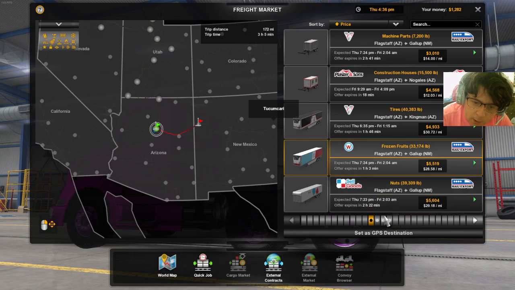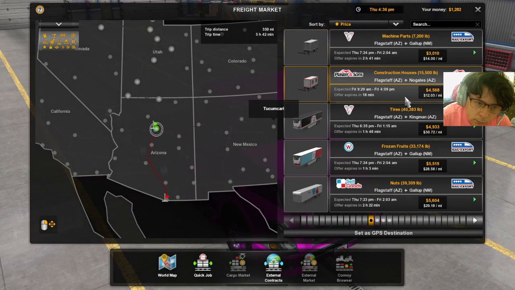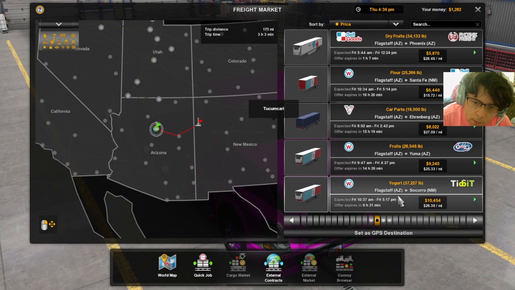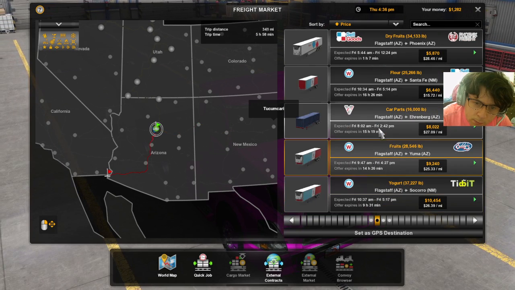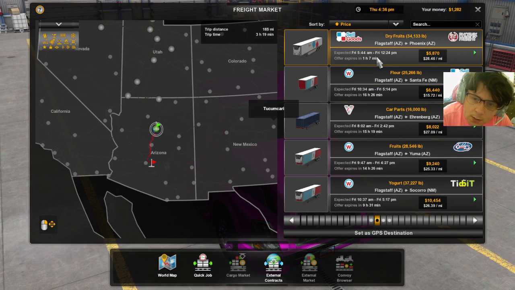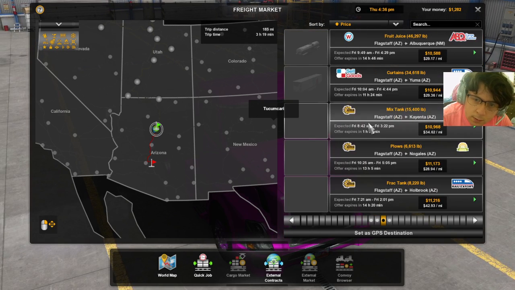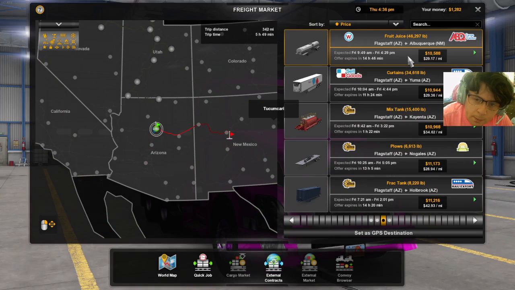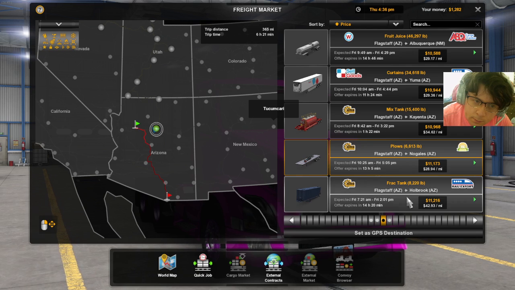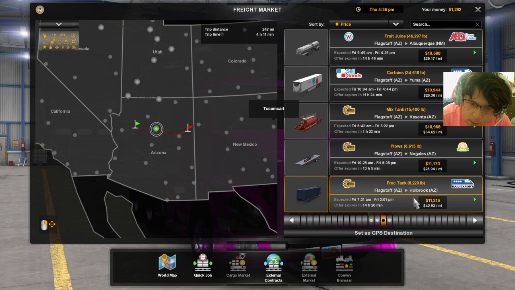A lot of Gullipy. Flagstaff, Arizona, to Phoenix, Albuquerque. That one right there, the Hollowbrook,